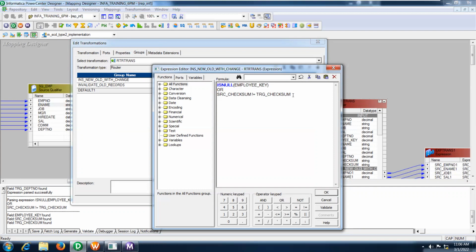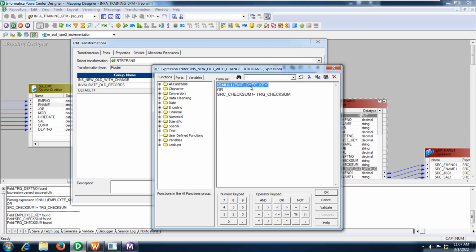Or if SRC checksum is not equal to TRG checksum, the record is available in the target table, but the same record is coming again with a change. Both are not equal. Maybe the job, the department number, the salary or the commission has changed, whatever it may be. It will identify it, and that particular record is also going to be updated in our target table. So what is happening here?